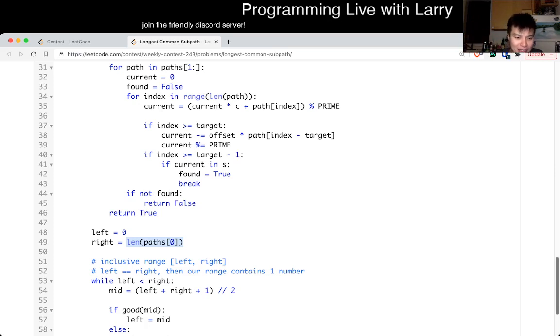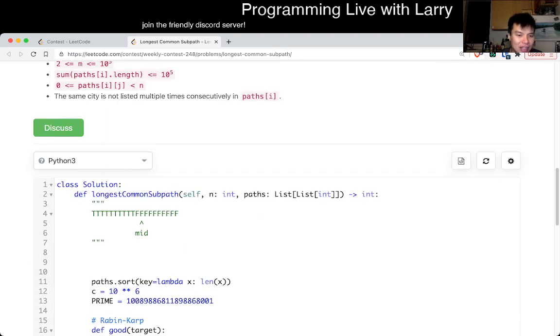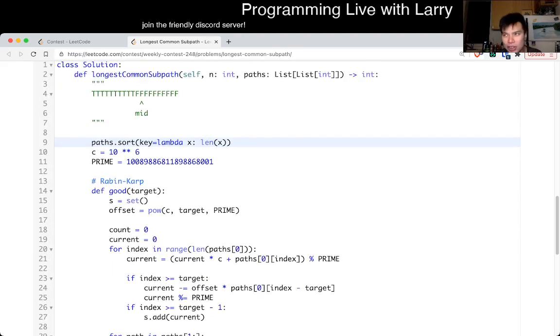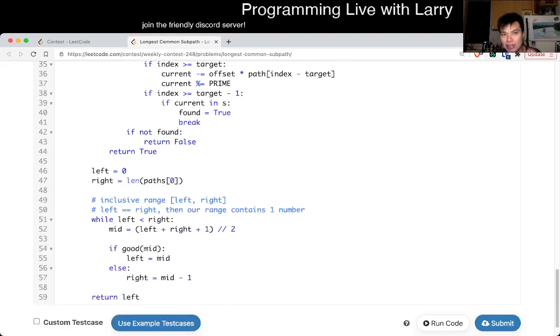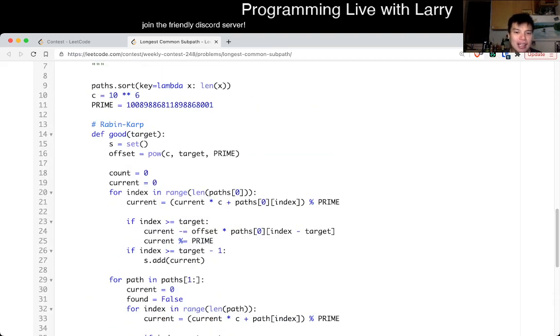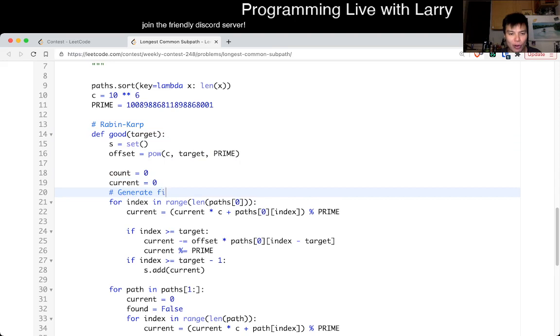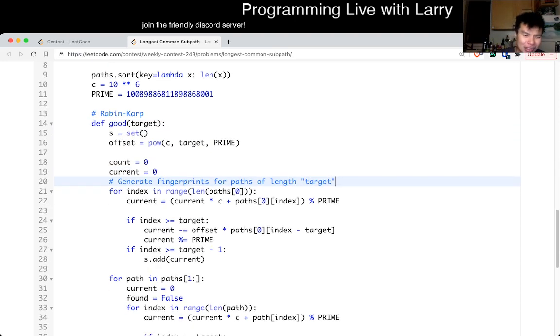Keeping in mind that I sort the paths by their length in the beginning. I know that I'm jumping around a lot, sorry about that. But yeah, I sort the paths by their lengths, and then I take the inclusive range to be the length of the shortest path. Okay, and now going back to the good function, I use Rabin-Karp, and basically what I do here is generate fingerprints for paths of length target. And I'm not going to go over Rabin-Karp that deeply in this video,